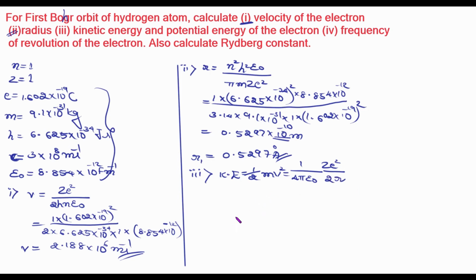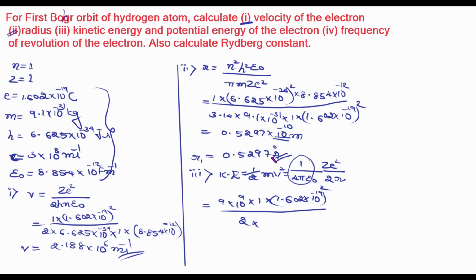Now again make substitution: 9 into 10 to the power of 9, Z value 1 into e value 1.602 into 10 to the power of minus 19 whole square, divided by 2 into r value, which we have found out,